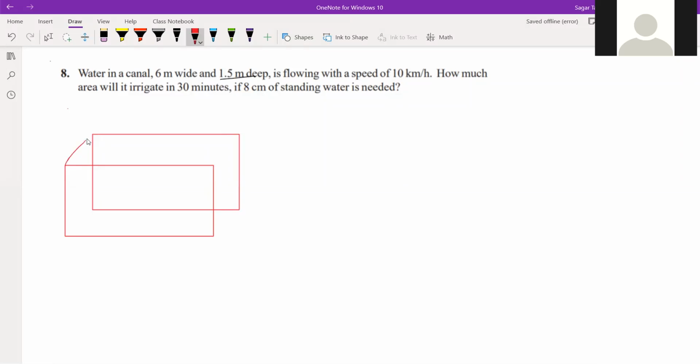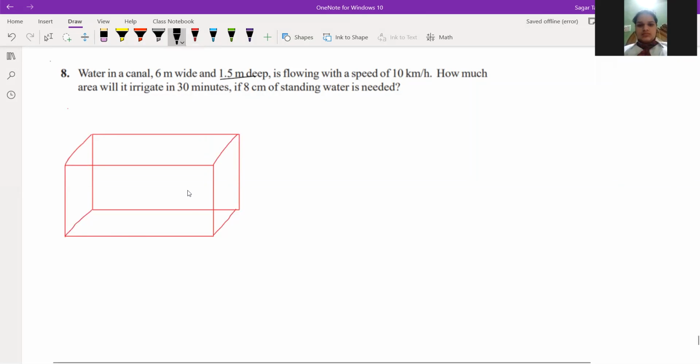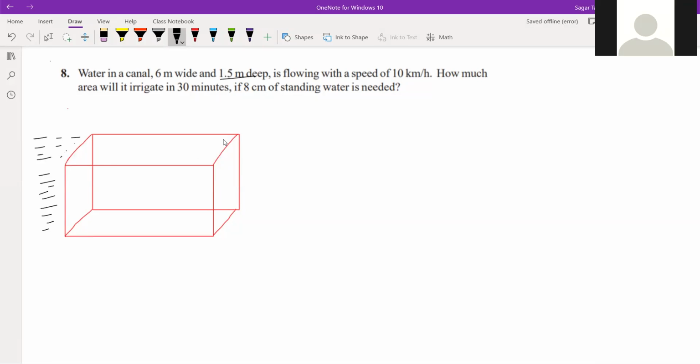See this? It is not the end or the starting point. The starting point of the canal we don't know. Water is flowing through the canal at a speed of 10 km per hour. So speed of flowing is given, 10 km per hour. It means in 1 hour water covers a distance of 10 km, where the width is 6 meter and